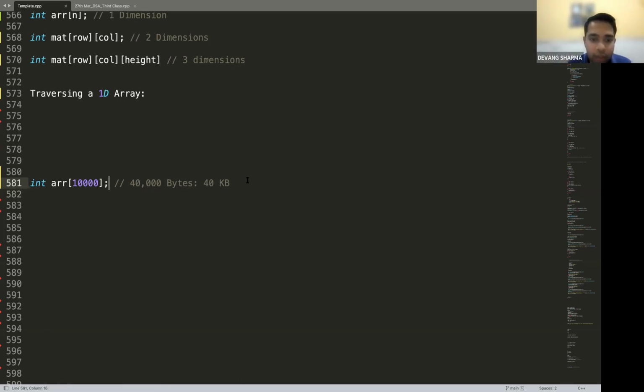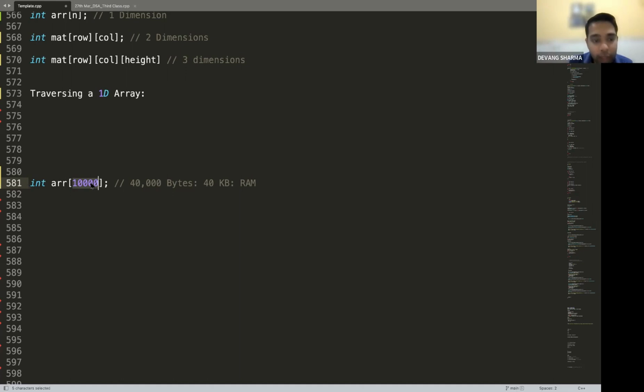And just to give you an idea, where is this 40 KB used? Where is this 40 KB memory created? It is created in your RAM. Your primary memory, your RAM, is taking this space of 40 KB if I run this program. Now, you guys know your RAM. Your RAM is usually 4 GB, 8 GB, 16 GB, whatever you guys are using. Mostly it's going to be 4, 8, or 16. I'm not sure if anybody is using more than 16, but it's going to be something like that. So if you are occupying 40 KB out of your 16 GB or 4 GB memory, it's not going to be